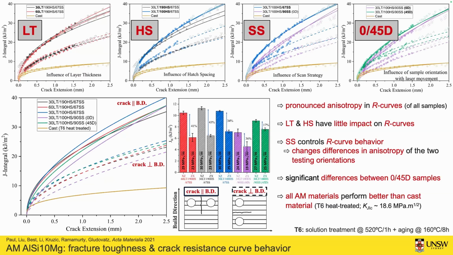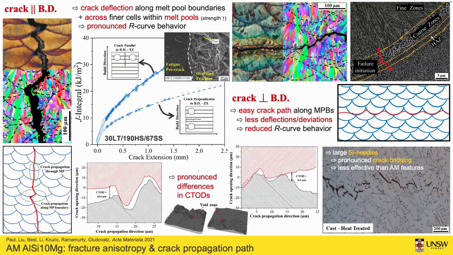Where does this difference between these two orientations now come from? For that, we looked at the samples after testing. We basically sliced our samples in half, then looked at the crack path. And what we find for the crack propagating parallel to the build direction is that we see a lot of crack deflections out of the mode 1 plane along these melt pool boundaries. And this requires more energy. Obviously, in some cases, it goes through the melt pools. This leads to the much more pronounced R-curve behavior due to these large deflections that lead to large CTODs